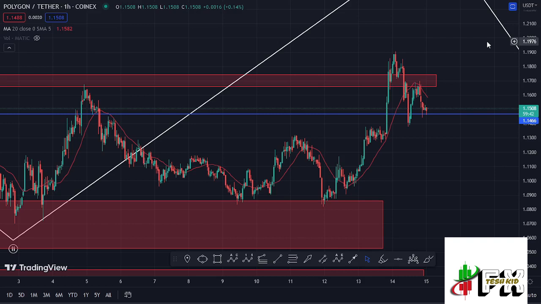Welcome back to TechKidFX for another Polygon Matic price prediction update, which at the time of this recording is holding below the 20-day MA here on the 1-hour chart, which is now acting as resistance for us to continue gearing up. Yesterday we also managed to break through our key area of resistance at around the $1.17 mark,